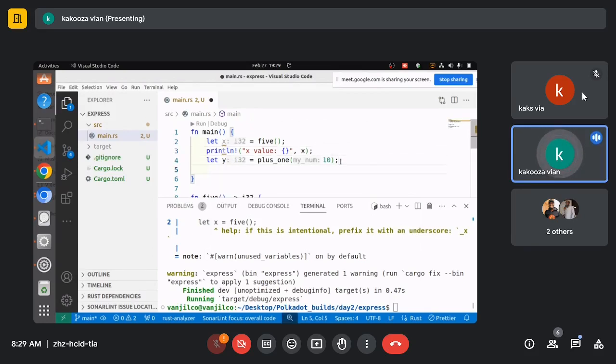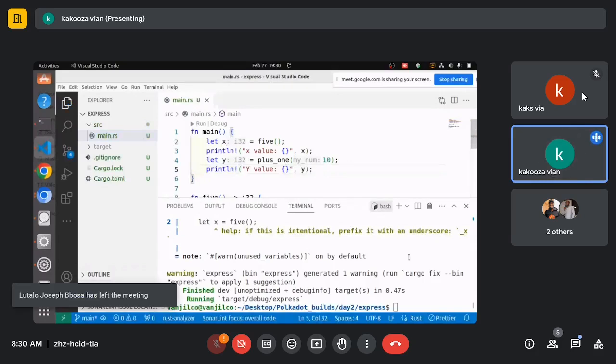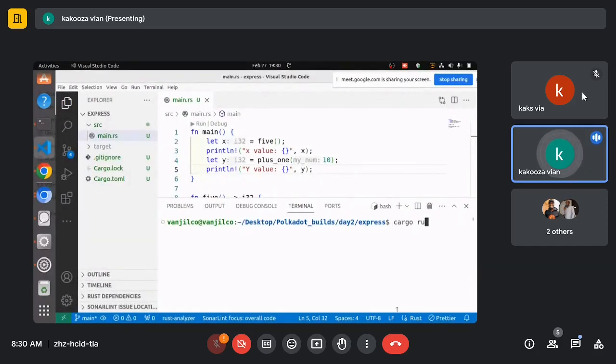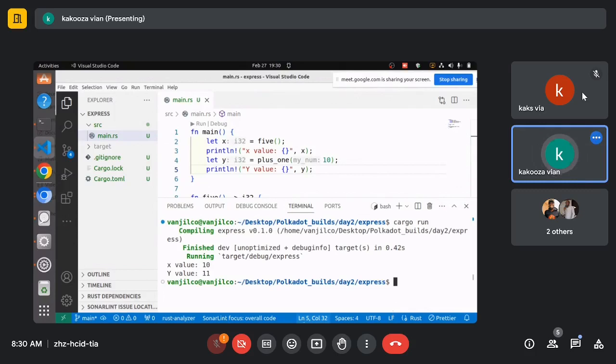Then we can also print the y value using the print macro. Save and cargo run. Yesterday we looked at cargo run, cargo build, cargo check, and we can see our returned values. X value is 10 and Y value is 11. So that's the